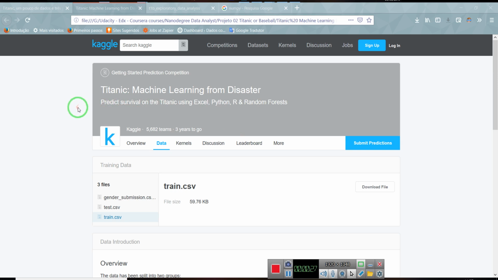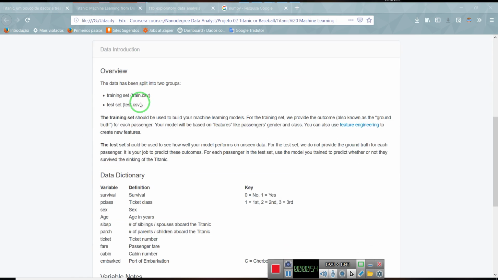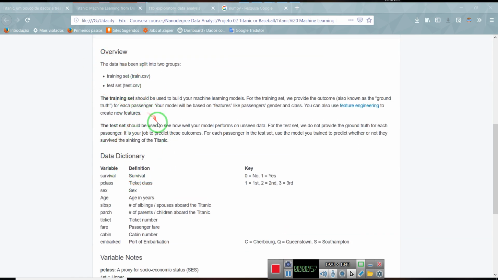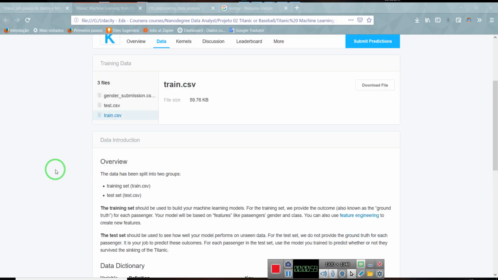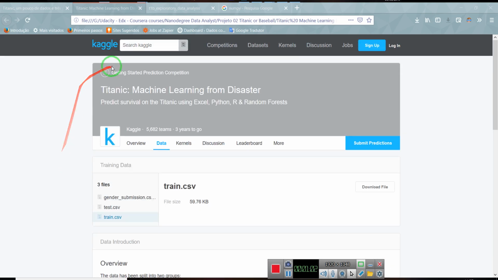And firstly, I'd like to introduce you to a famous project named Titanic. It is the Titanic disaster. Basically, you can find the worksheet that we're going to work with here on the Kaggle website. So we have here the description of the material. You're going to download it here, and then